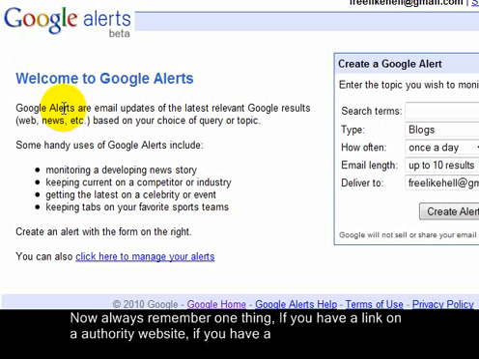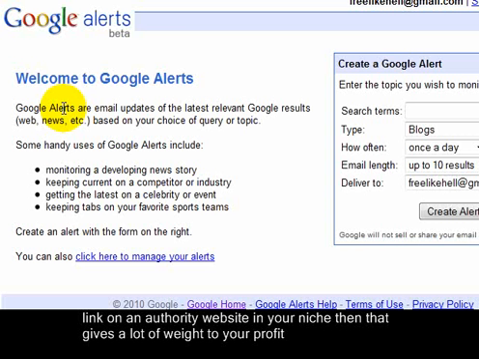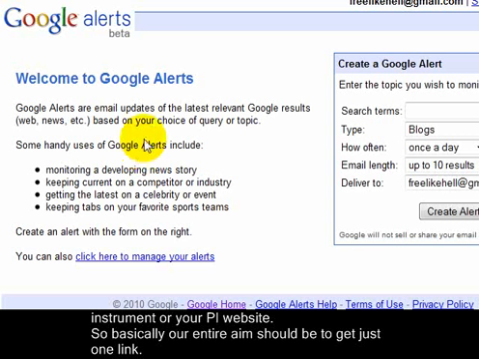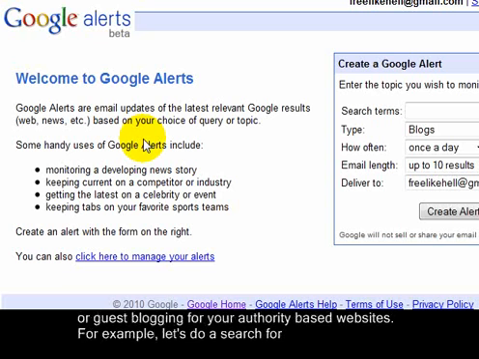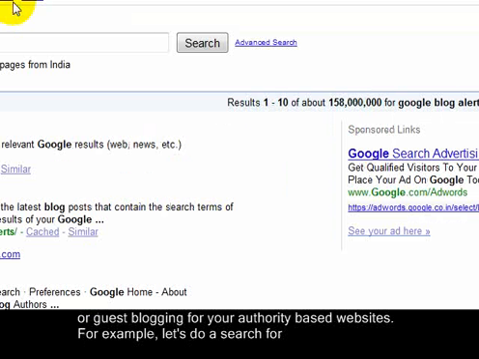Now always remember one thing: if you have a link on an authority website in your niche, then that gives a lot of weight to your profit instrument or to your website. So basically our entire aim should be to get just one link. Just one link will do from an authority website. Okay, now how you can do that is you can do favors or guest blogging for your authority based websites. For example,